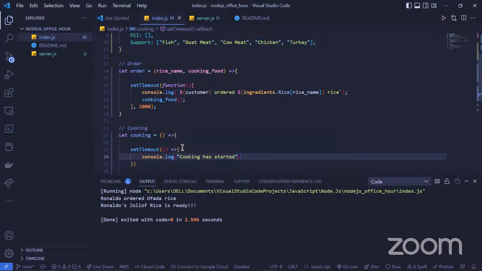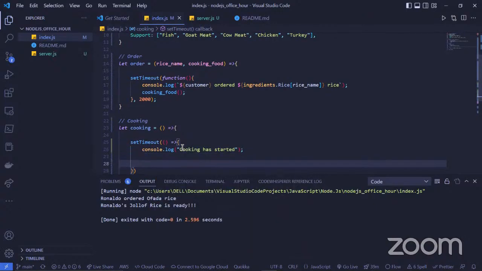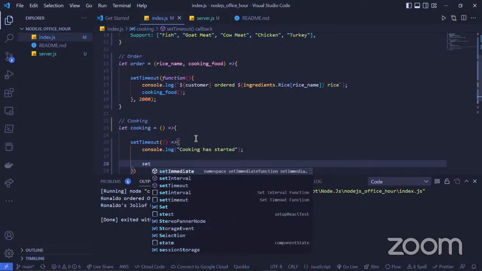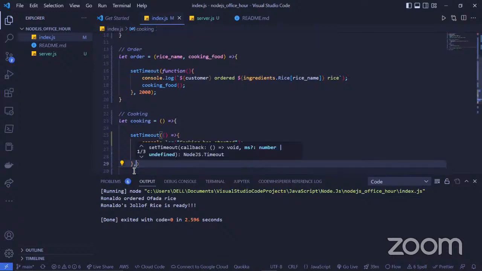We want to console.log that the main cooking has started, inside this nested setTimeout function. The timing here, 2000, is in milliseconds, so 2000 milliseconds equals 2 seconds.